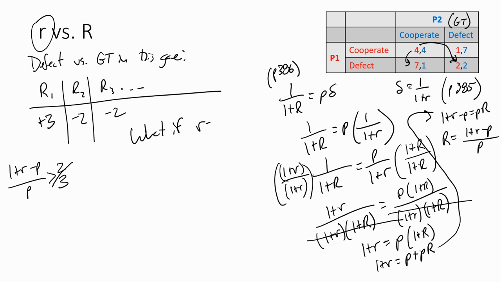What if r equals 10%? That's a very reasonable actual real rate of return. Right? It's not as weird as some of the 100%, 200% things we've been looking at. Like for an annual rate of return, that seems very reasonable. Well, what if r equals 10%? Plug it in, we would get this player will defect if 1 plus 0.1